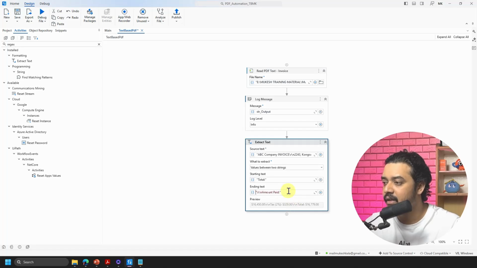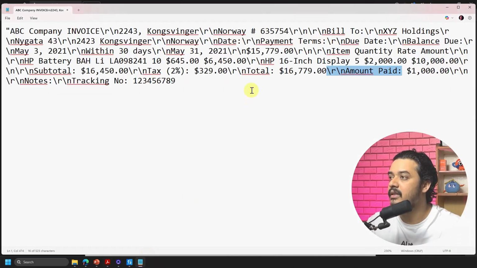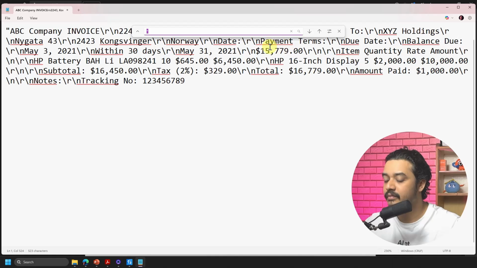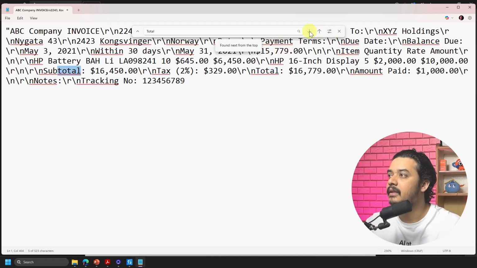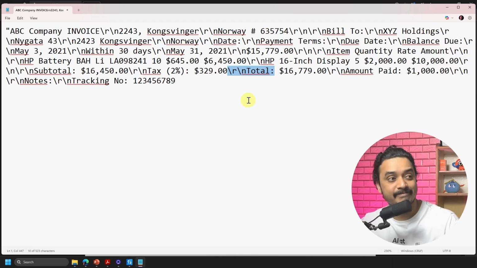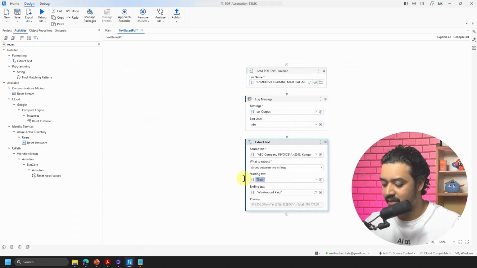right? And it says the total, okay, I think there are multiple totals here. Let's try to see that, right? That's the problem of doing string manipulation. Yeah, see, there are two totals here, right? So basically I have to provide this complete thing, because this is also total, right? So yeah, string manipulation. So I'll just go here and maybe I'll say that I am referring to this total,